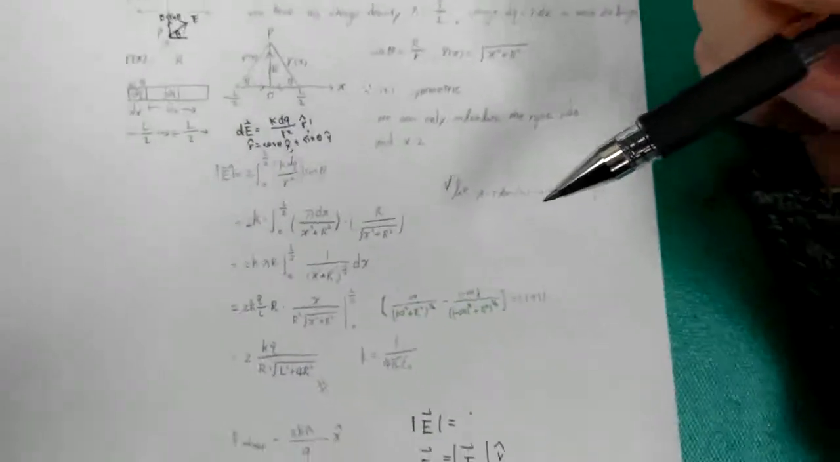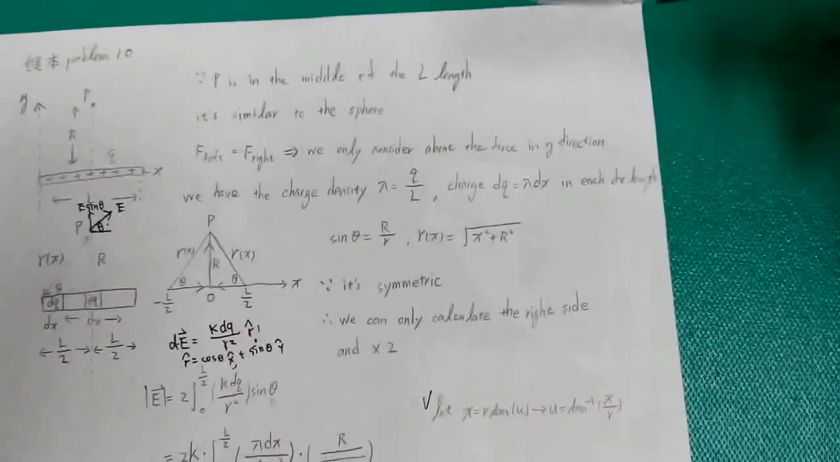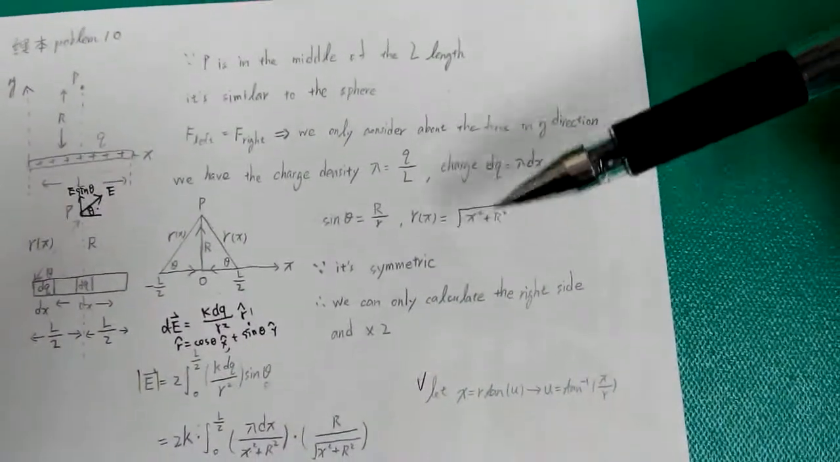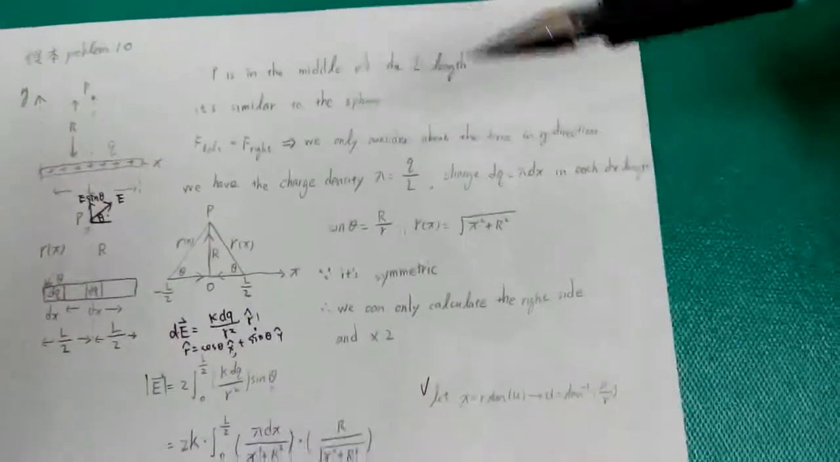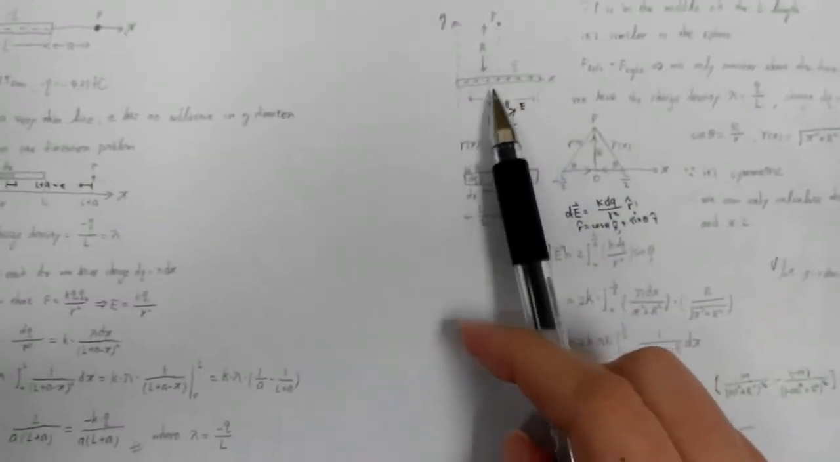Okay, and then that's all. You can somehow read some notes from the TA, and that's all the questions, problems from the line charge. And the second one that we were talking about in the class,